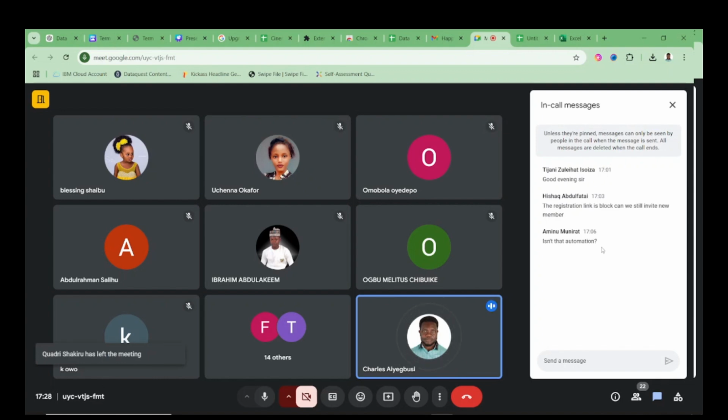The registration link is blocked. Can we still invite new members? No, we can't invite new members. We've accepted 70 people into this group. Some people declined our request. They applied, we accepted them, and then they declined because they can't fulfill the conditions now, and they are open to join Cohort 2. Cohort 2 is coming up in January, so if you have somebody who missed this, but really, really wants to join and you think they can catch up, please chat up any of the admins and let them know that you have someone who really wants to join this cohort,